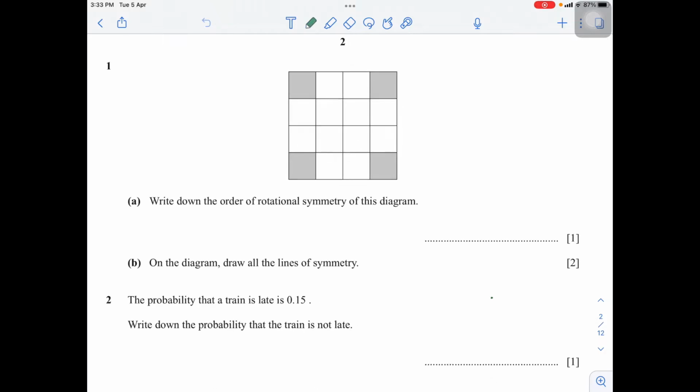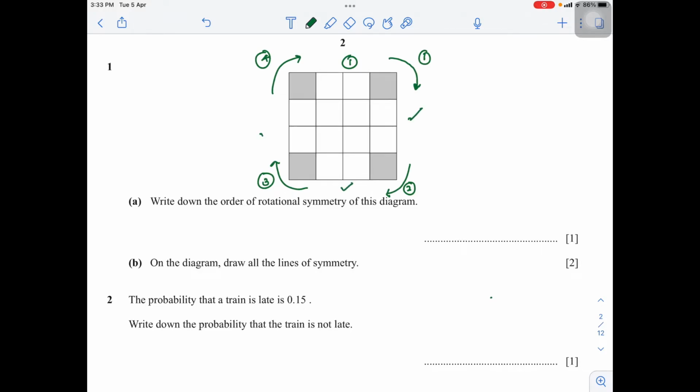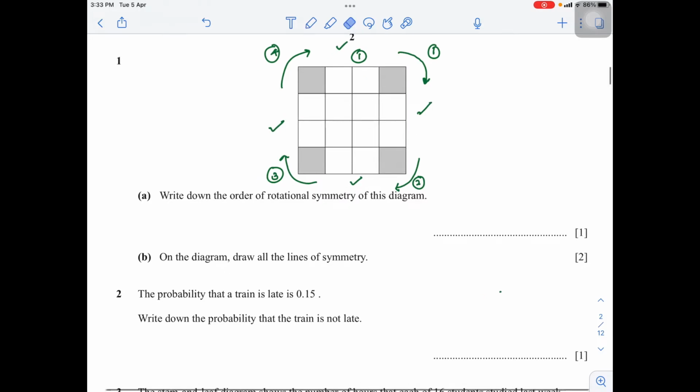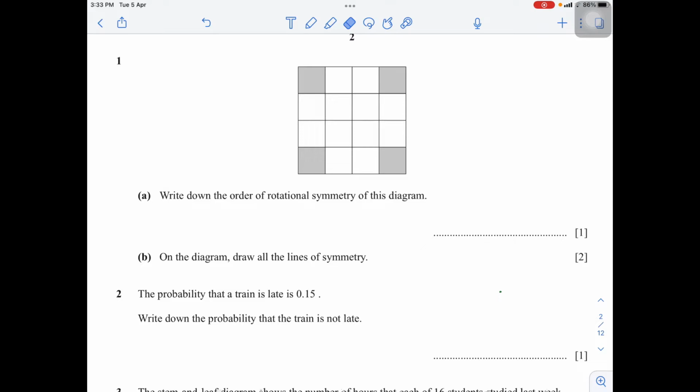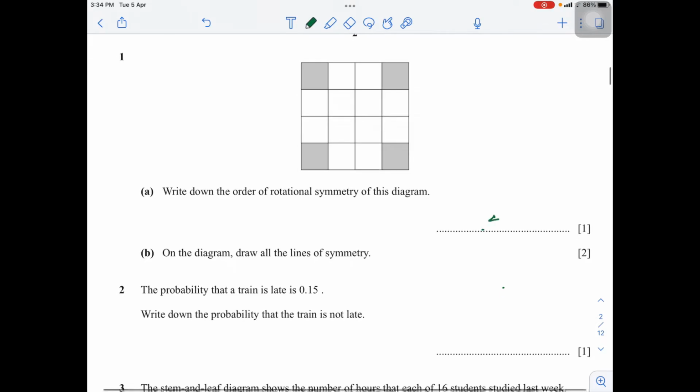So I have to twist this shape in this direction once. It will give the same shape. Then again from the same I will turn it. It will give the same shape. Exactly the same shape again and again. So this number 1, that side will be here, then there, and back again here. So that means 4 times I will get the exact same shape. So the order of rotational symmetry is 4.